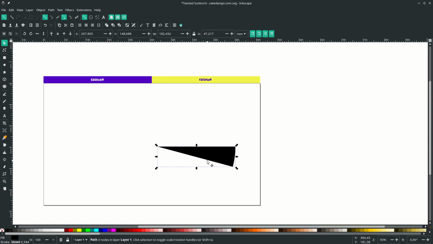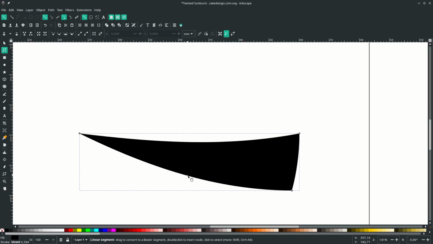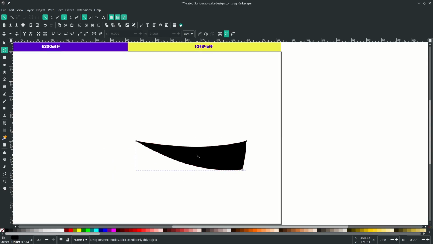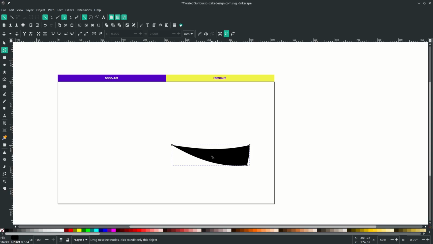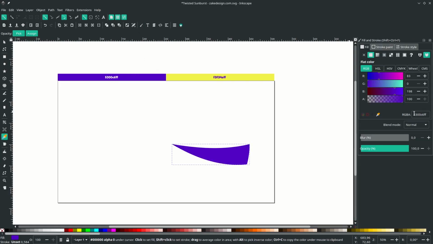Next thing to do, we're going to make the twisted effect. Press F2 on this middle of the line. Just drag down like this. And here as well. Just drag it down around this. And I change the color to this by pressing D to activate the dropper tool. Click this color. Now you can input this color code to this form. Okay.